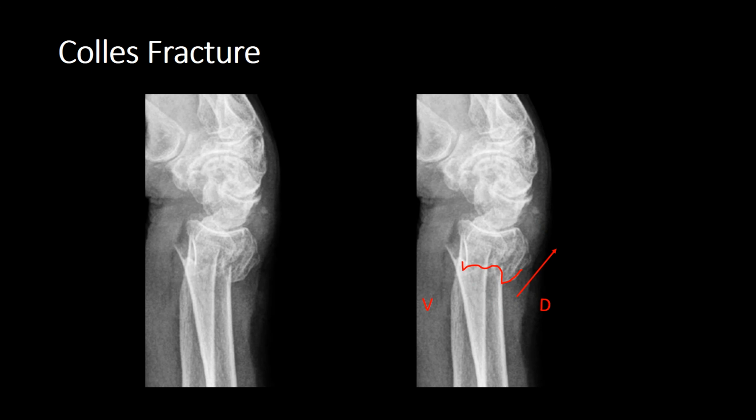And now all is revealed on the lateral view. So classically, a Colles fracture is a transverse fracture through the volar or anterior cortex, with comminution and dorsal angulation through the posterior or dorsal cortex. So although this is